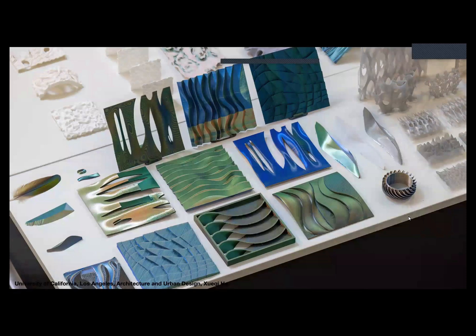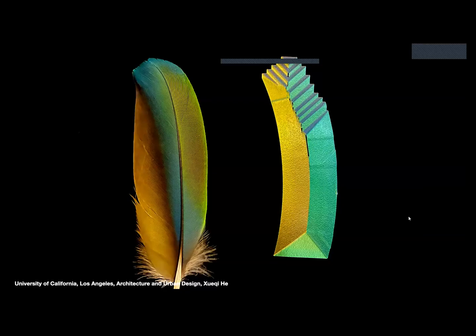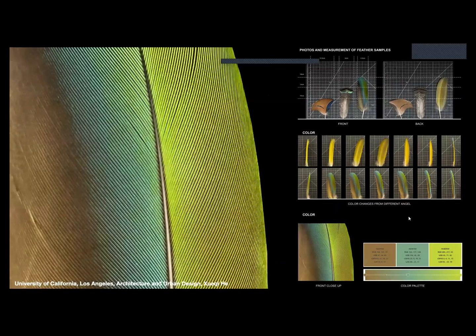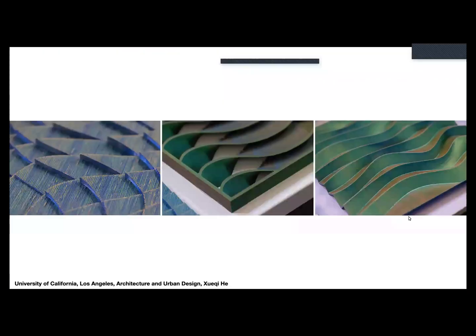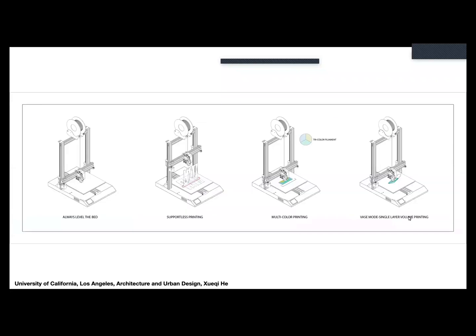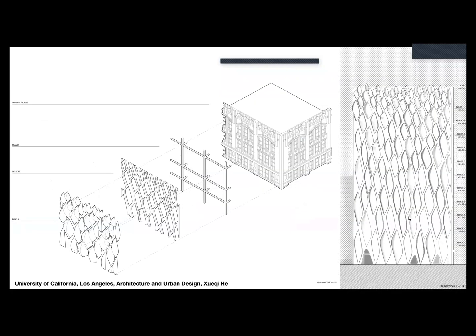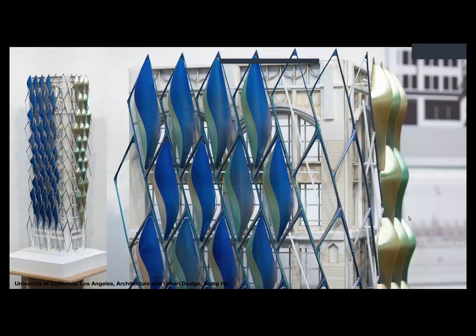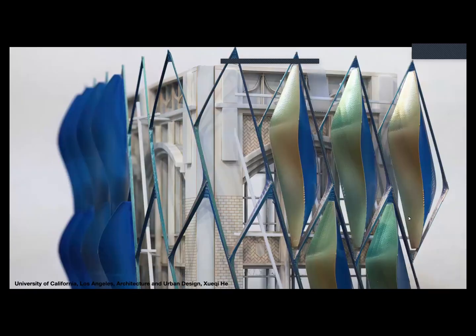So you can see here the students' work looking into multicolor filaments inspired from feathers. This is a project from Shushi, where he looked into multi-material filaments and printing supportless on an FDM printer, and then designing a facade for a building in downtown, which is a retrofit facade for a 100-year-old building, which is supposed to provide more shading and help with the advancements of hot temperatures in this climate change.